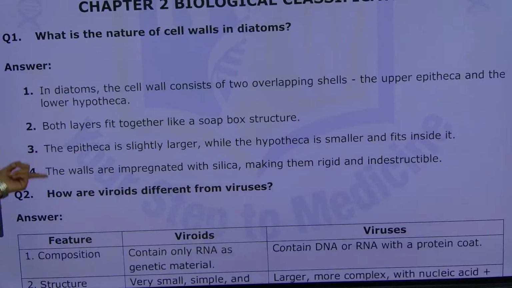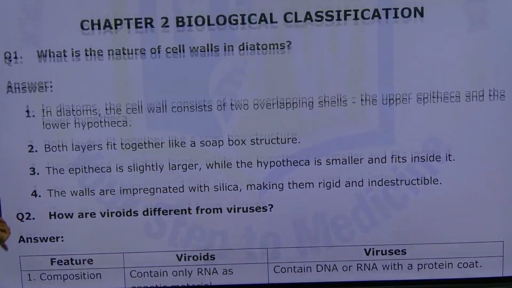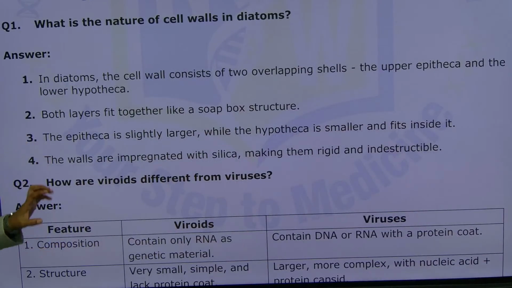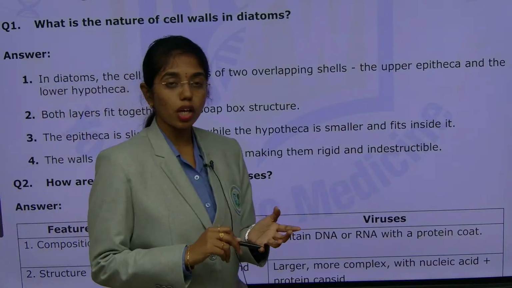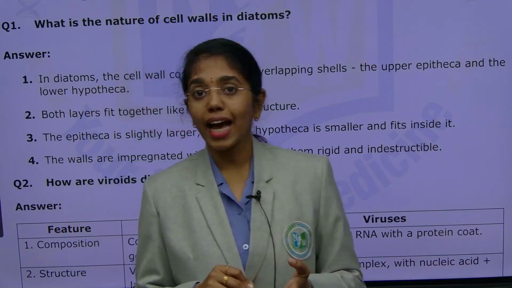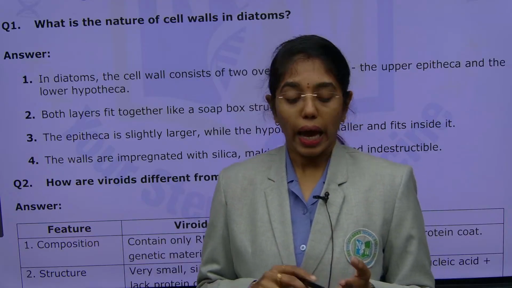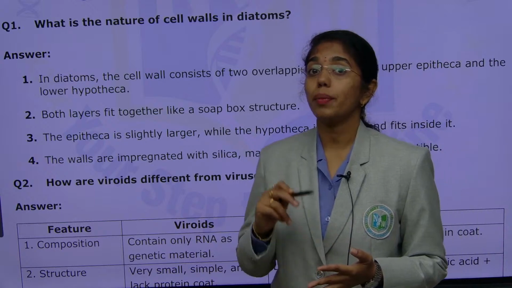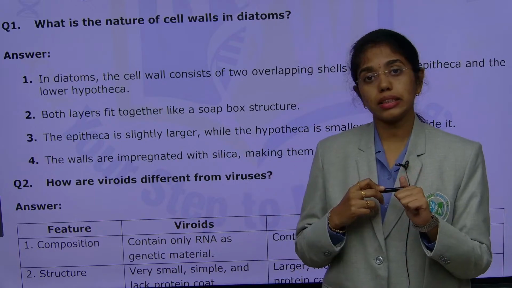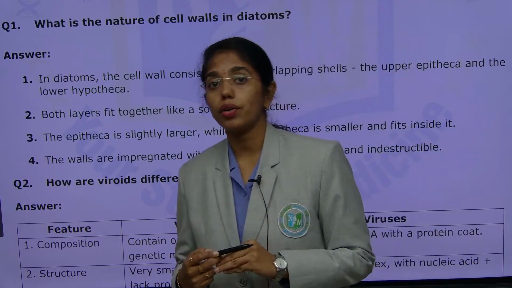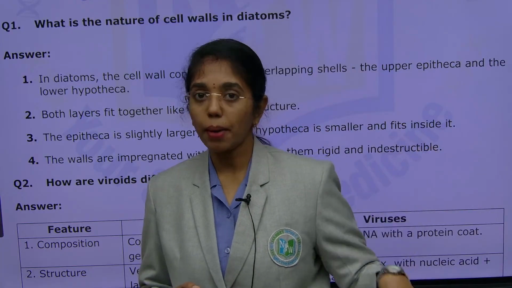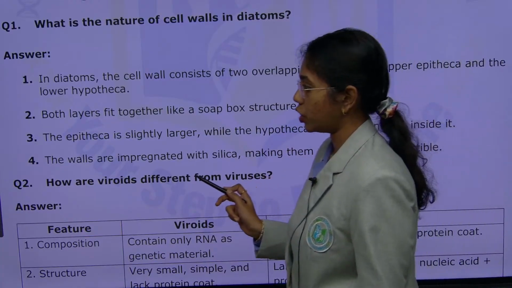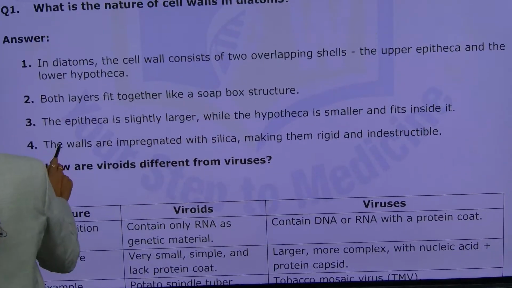Next, the biological classification chapter. I hope the complete VSAQs from Living World are clear. So what are the concepts that were highlighted? One is nomenclature, most importantly taxonomic aids, and lead, couplet and key, after which taxonomic category, and most importantly systematics. These are the concepts covered for the VSAQ domain from Living World. Now we will move on to biological classification.